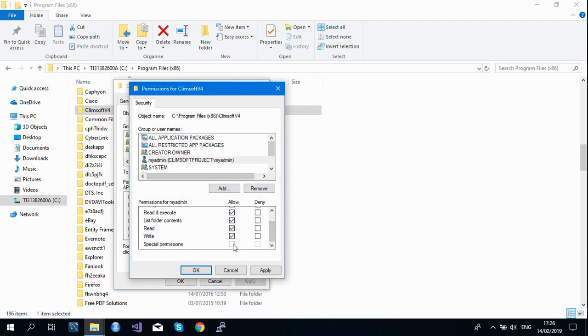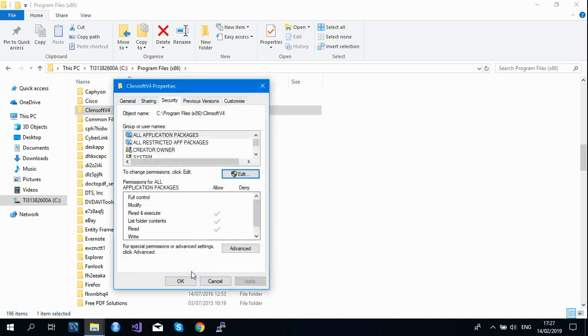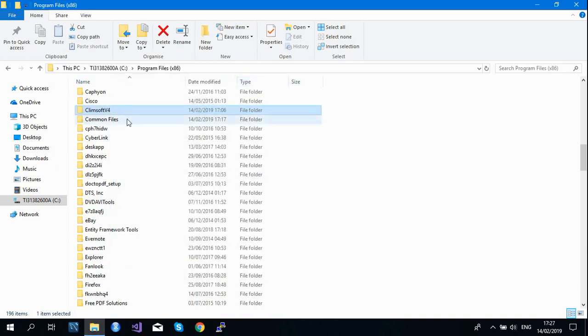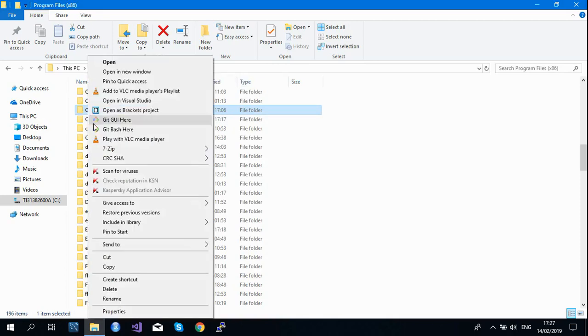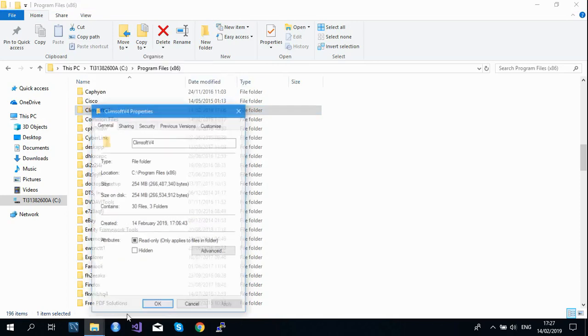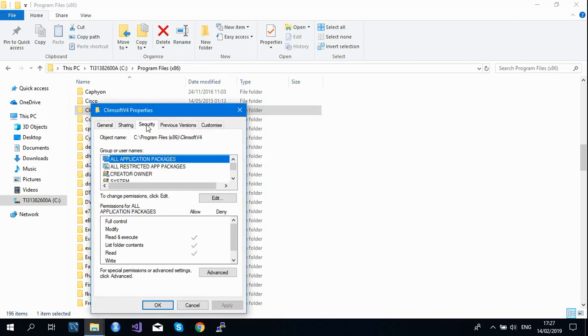The last one is not active, so no problem. After ticking the two boxes, click apply and then click OK. Now if you right click again on this folder and click properties, you will be able to see in security that your user is listed here. So you are ready, say OK.